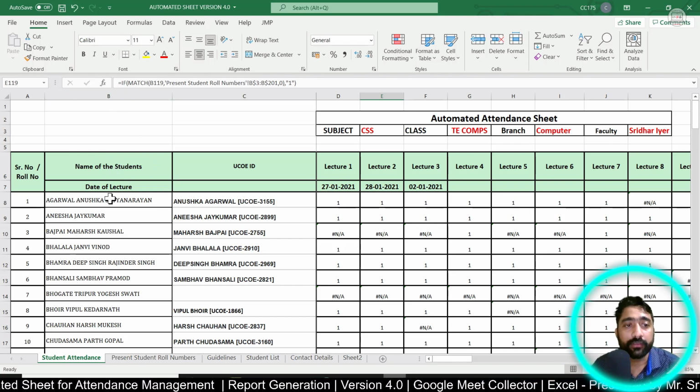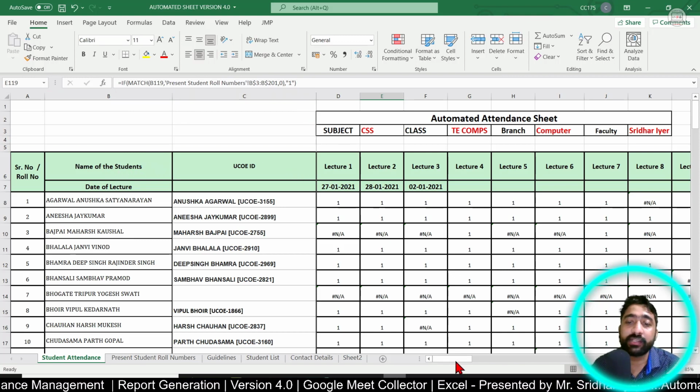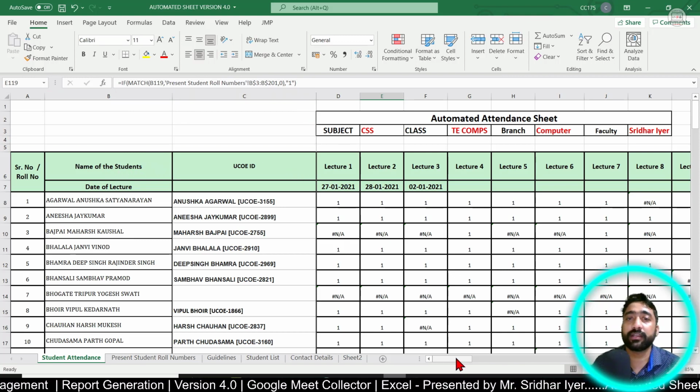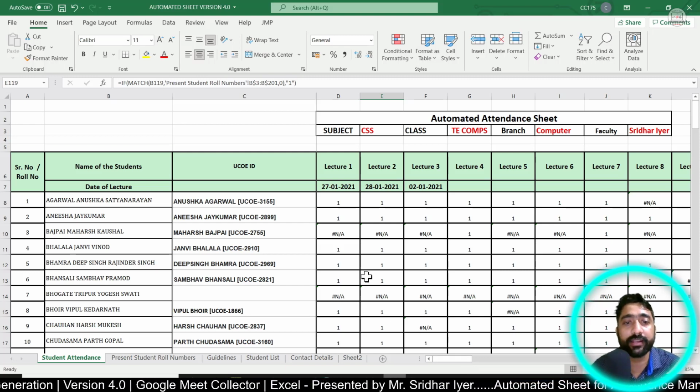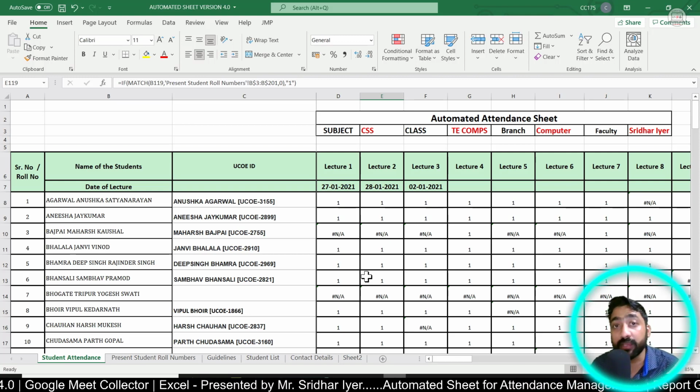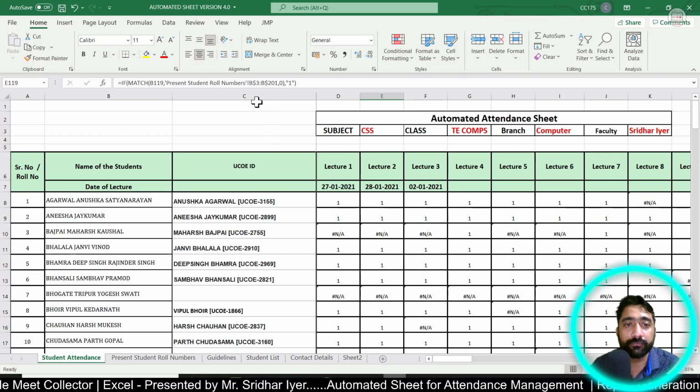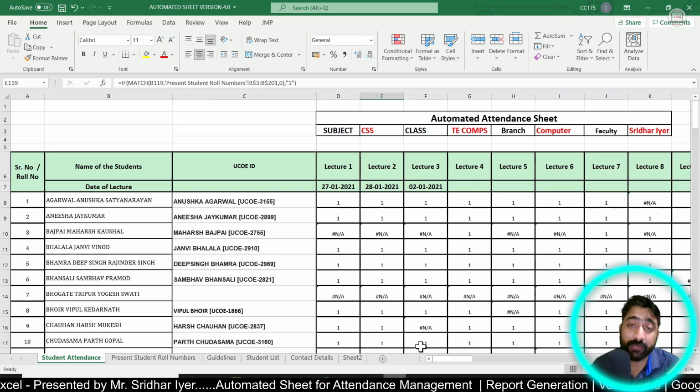Over here, the columns are basically the name of students, the ID. Now it depends college to college, it depends institute to institute. In my case, Universal College of Engineering, we provide an ID to the student whenever they create their email IDs, right? So it actually differs from institute to institute. In your case, it might be something else. In my case, it is like this.